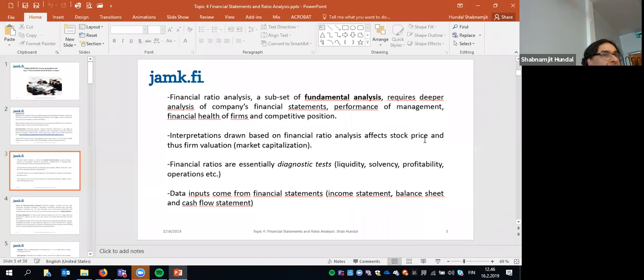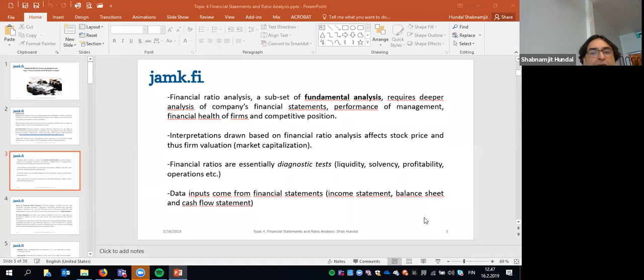Originally, it was in my mind that I would let you do this task only based on fundamental analysis. Then I thought that maybe the story would be incomplete and you would not get a chance to learn this skill of analyzing the stock prices of your legend company. So I slightly brought some tangents of technical analysis also into this topic. Hopefully we shall be able to do it if the time allows. If the time doesn't allow, then nothing much we can do. But now for the rest of the lecture, the rest of the day,